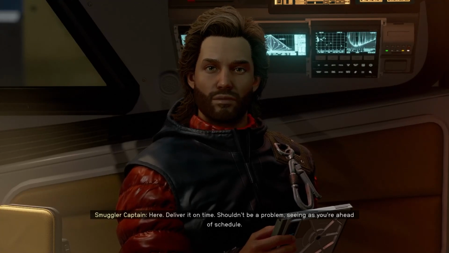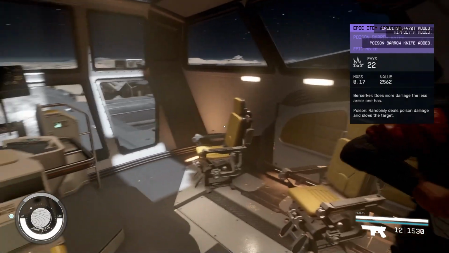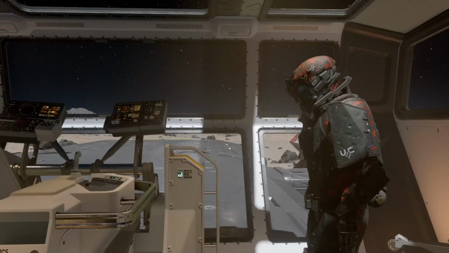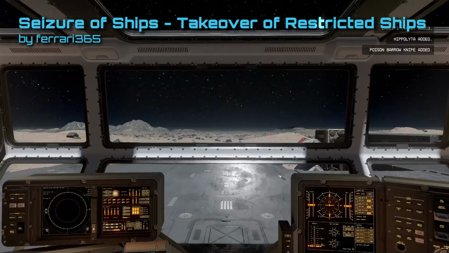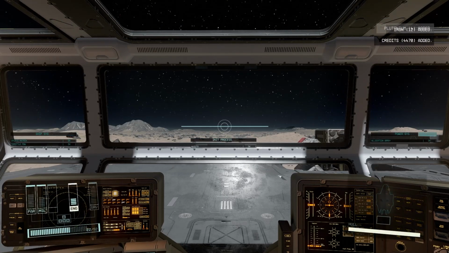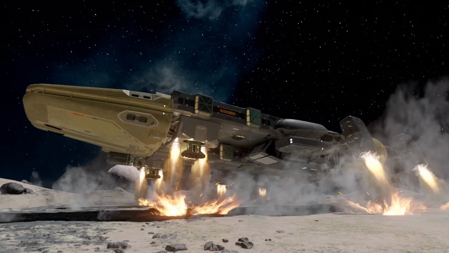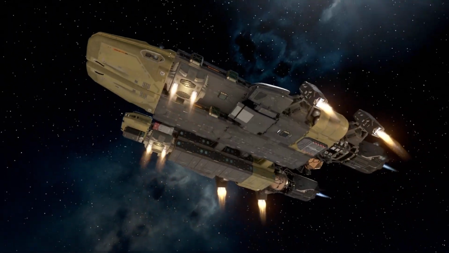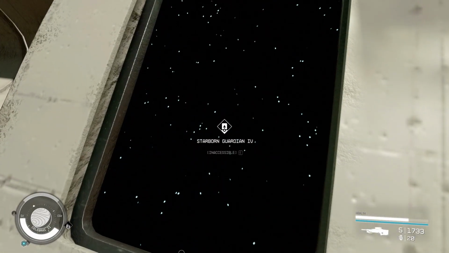Alright, pirate. We know you've tried to steal some ships that tell you that they're inaccessible. It's too bad there isn't a way to fix that. The wording of this mod is a little weird, but Seizure of Ships, take over restricted ships, simply does what it says. If you happen to run into a ship that you should normally be able to steal, like a bounty hunter ship on a planet, this makes it accessible and available to be claimed since it was just sitting there and whoever owned it before were just nowhere to be found. I wanted to test this on the Starborn ships, and